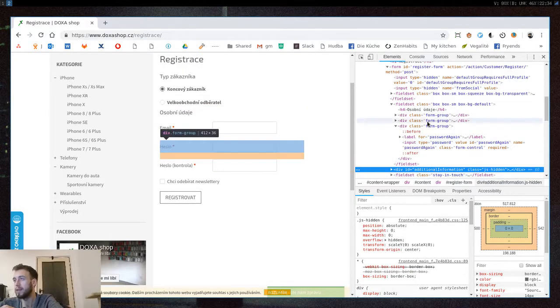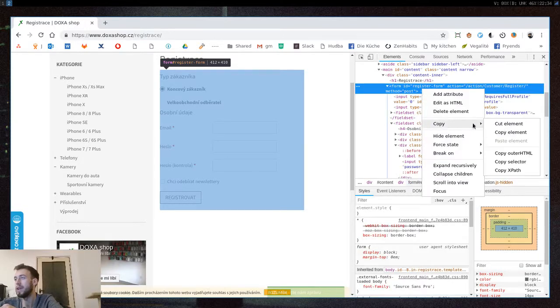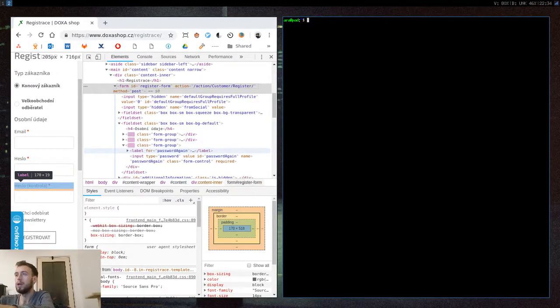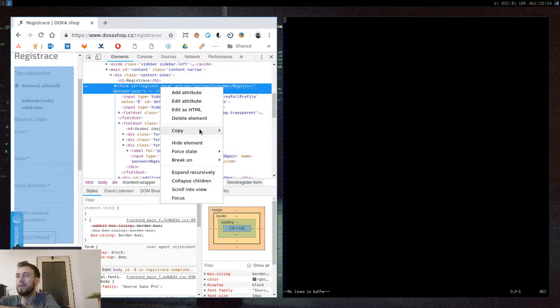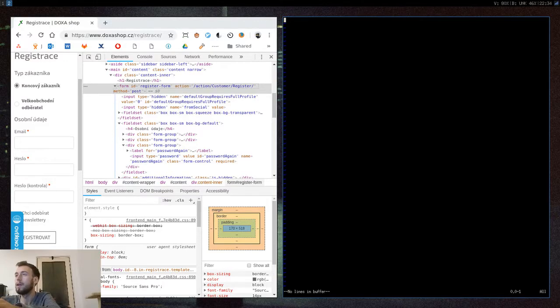So if I quickly take the whole form and copy the data and open a text editor, paste it into the text editor. Oh, alright, that was a fail. Let me do it again, sorry. Alright,